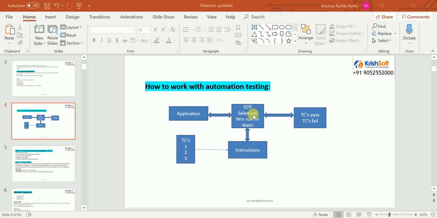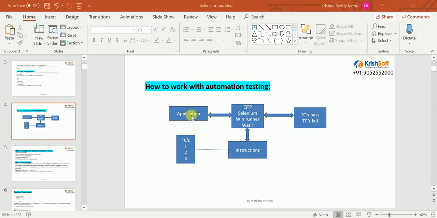Those instructions we are giving to the tool. The tool will perform on your application and the tool will give you results. What are all the test cases that pass? What are all the test cases that fail? So manual test cases you need to convert into instructions. These instructions you need to give to your tool and the tool needs to perform on your application.